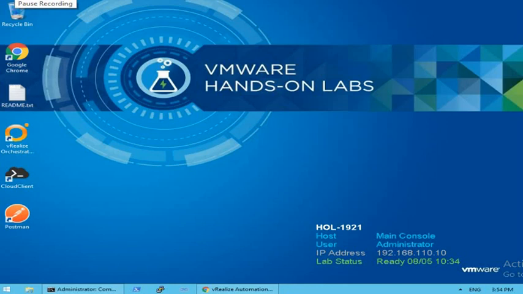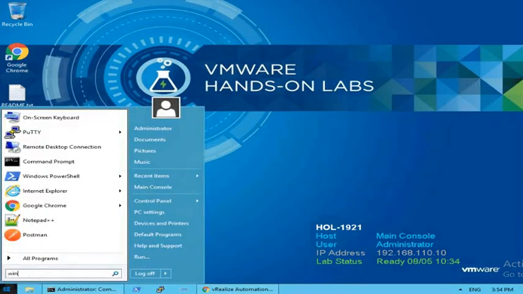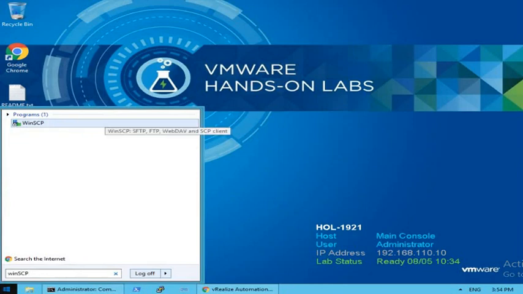So I have told you the meaning of each log and where they are located inside the vRA or the IaaS server. But let's take a glimpse of the logs to know how to see the error within the logs. So what I'll do is, taking the help of WinSCP software, I'll go through the logs,